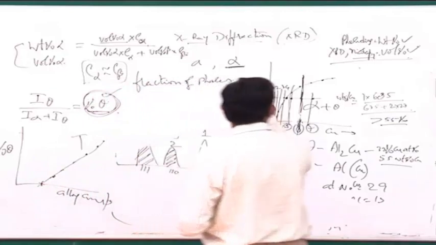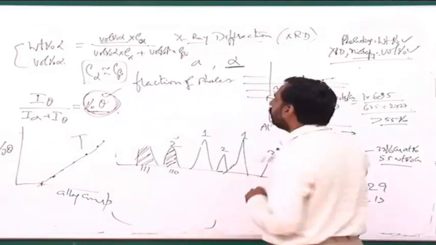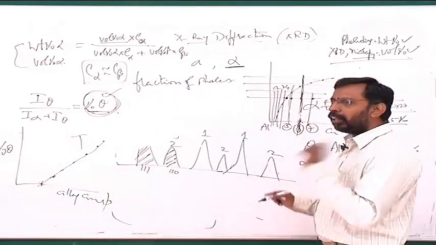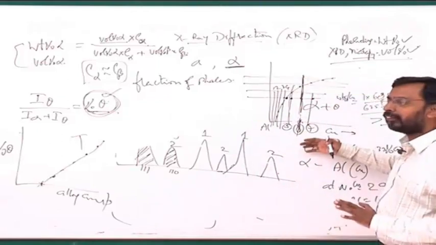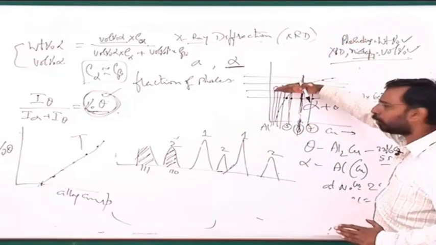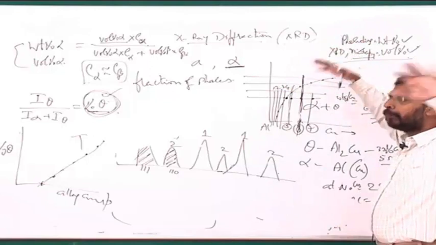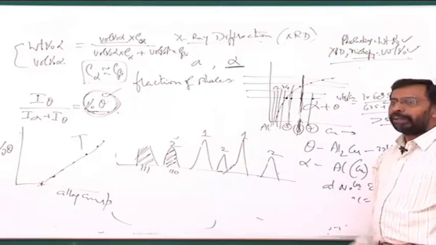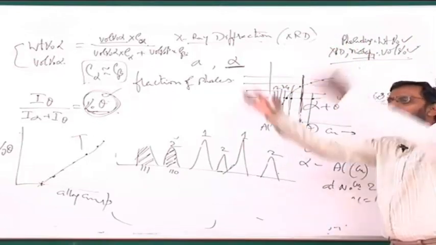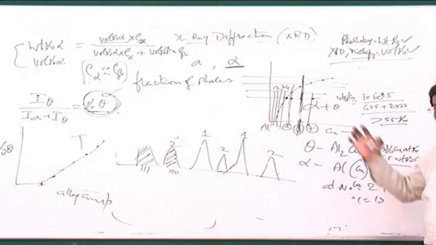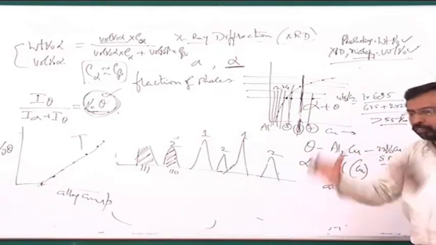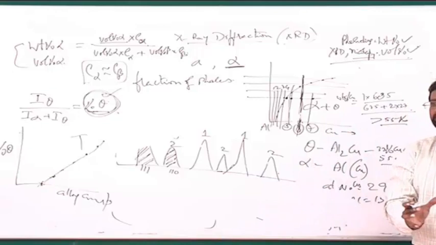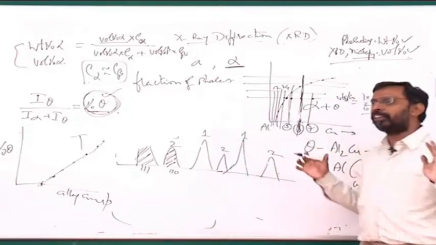And this can be done at various temperatures, and for each temperature you can find it. In all the cases, my experimental technique is the same. Take a number of alloys, heat them to that temperature, hold them there for some time, quench all of them, and then do XRD. Once I have XRD, find out which are the alloys showing me a single phase XRD pattern, which are the alloys showing me a two phase XRD pattern.